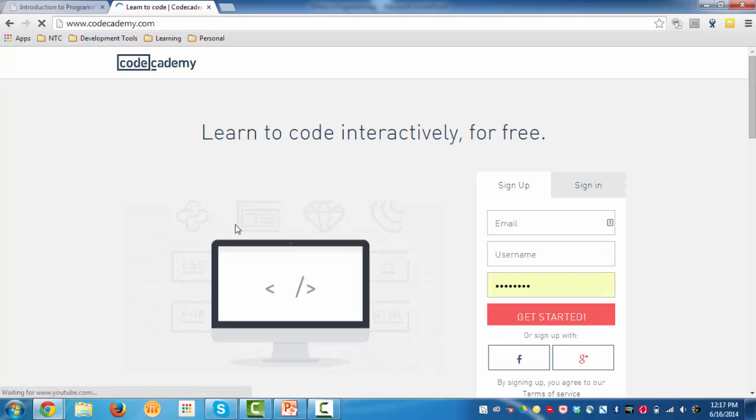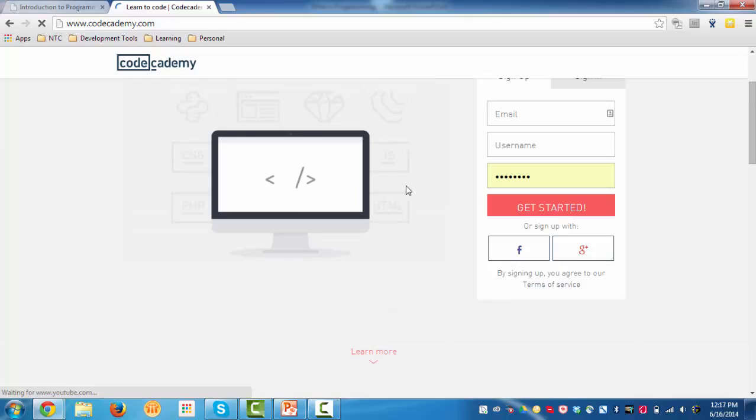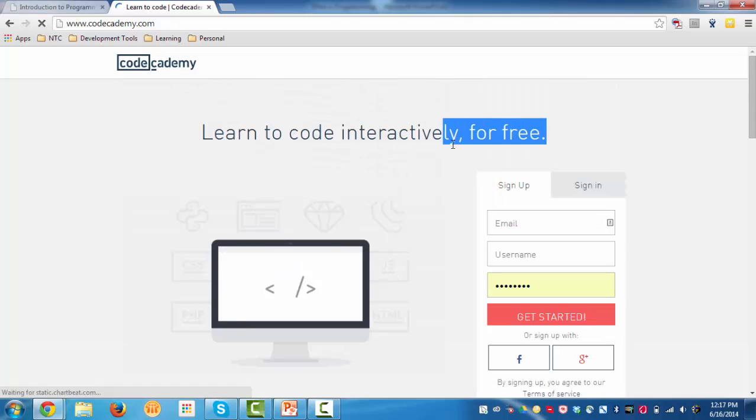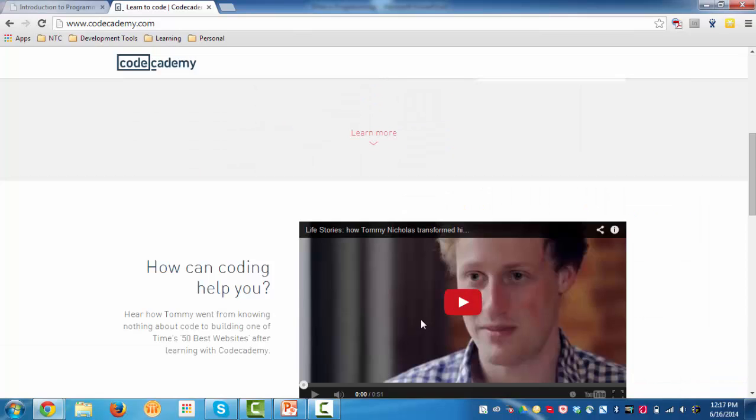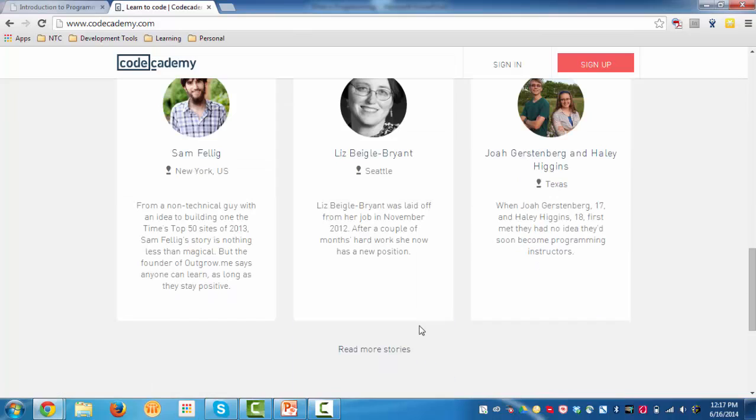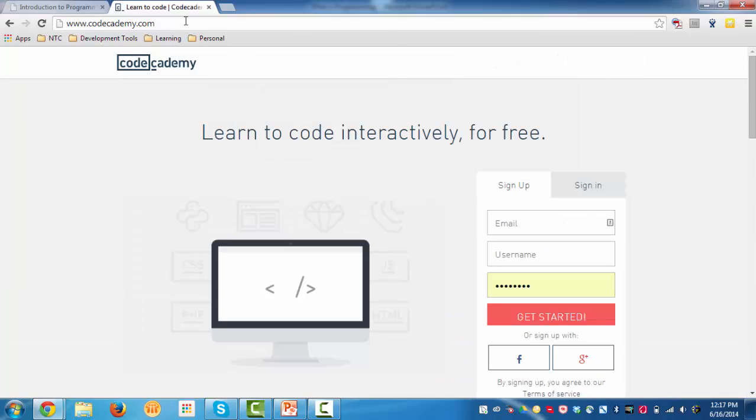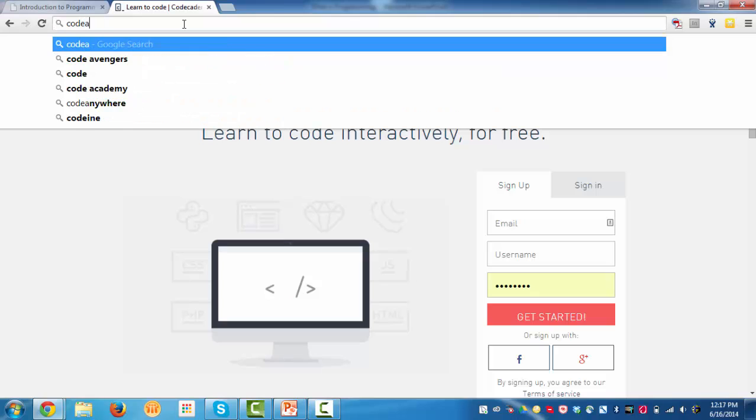Then there's Code Academy. This is another way to learn programming. A lot of these say you can start here for free. The way they work is they give you so many lessons for free, and then you have to pay for the upper levels. So if you want to continue on, you can do that. But we're going to be using one called Code Avengers,